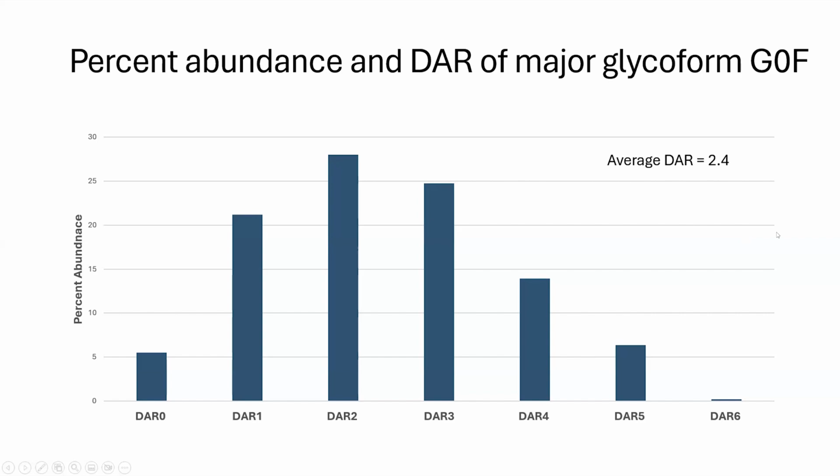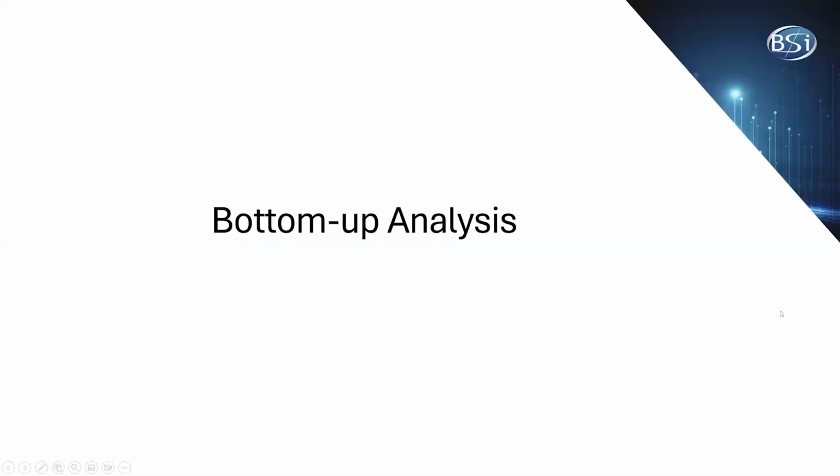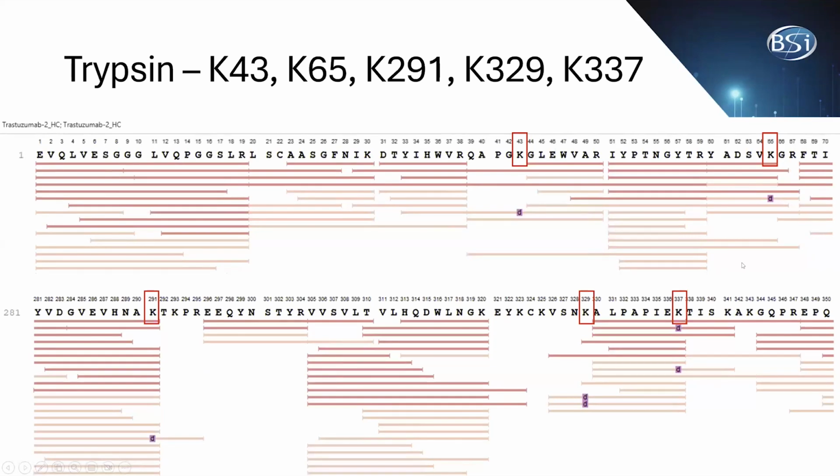So in conclusion, it's best to use a mild treatment in analyzing the native intact mass when performing the DAR calculations. So next I'll show the bottom-up analysis we did. So we digested the ADC with multiple different enzymes and then mapped those to the trastuzumab heavy and light chain sequences. So all the modified peptides, you can see a colored square with the lowercase d representing the DM1 conjugate associated with that peptide. And here I'm showing the tryptic peptides mapping to heavy chain